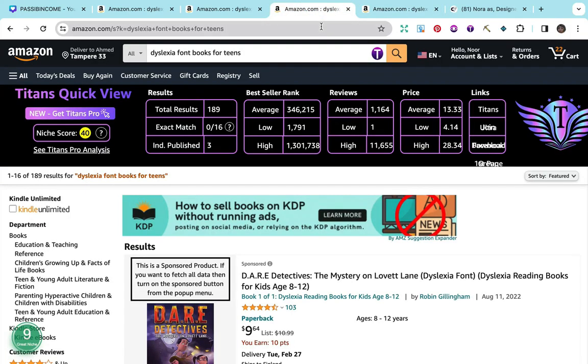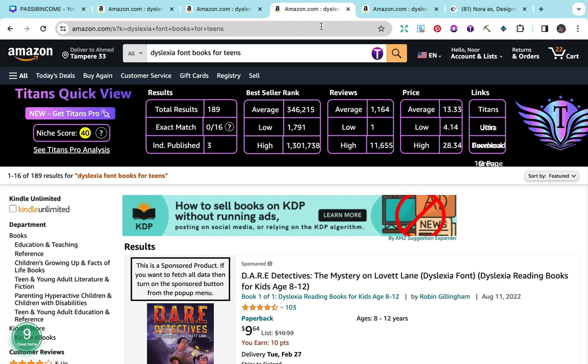Let's dive into the second one, and our second one is dyslexia font books for teens. Now this is another great keyword to utilize. If you want to utilize it for the 7 keyword slots, that would be ideal. Also, if your book does have the dyslexia font used inside, and it is dedicated for teens, that would be an amazing opportunity to utilize it for the subtitle